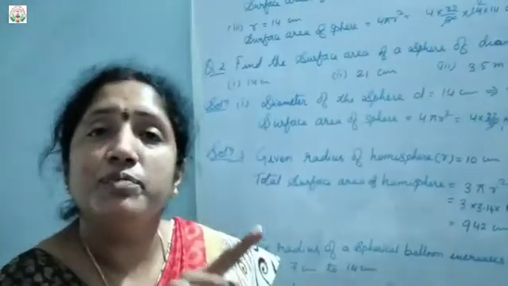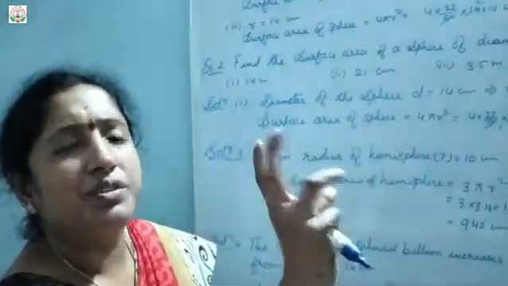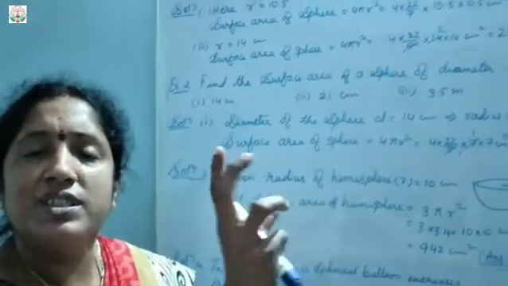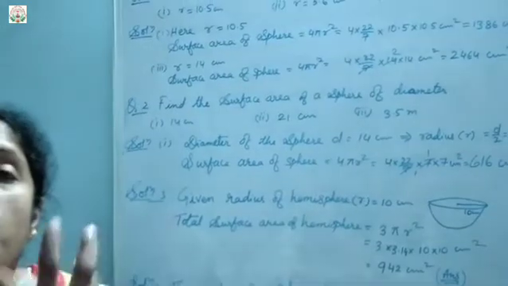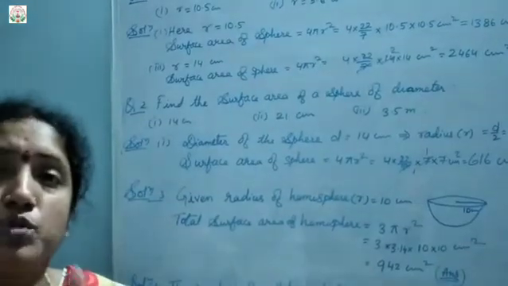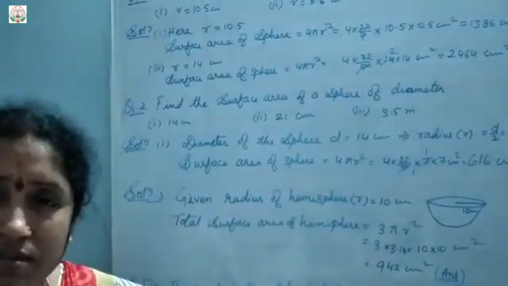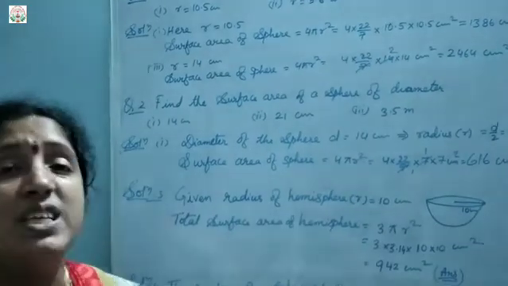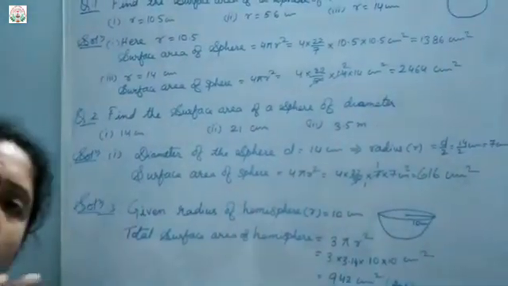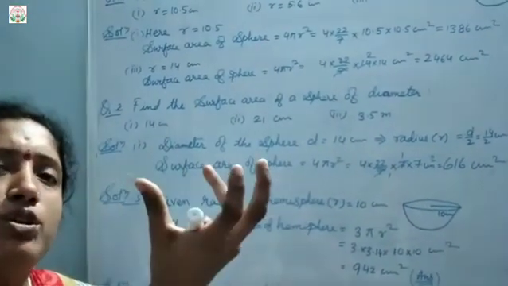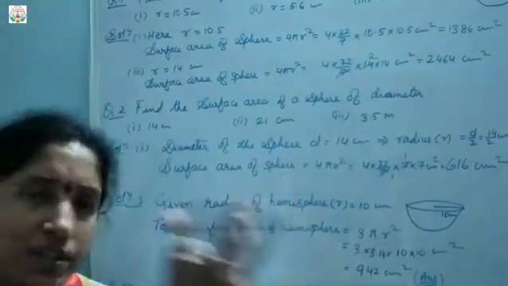So a 3D figure means that whichever side you turn, on all sides you will see a circular face. A simple example is a ball, or our Earth. These are all spherical in shape. Whichever corner or side you turn the ball, you will see it is circular in shape only.